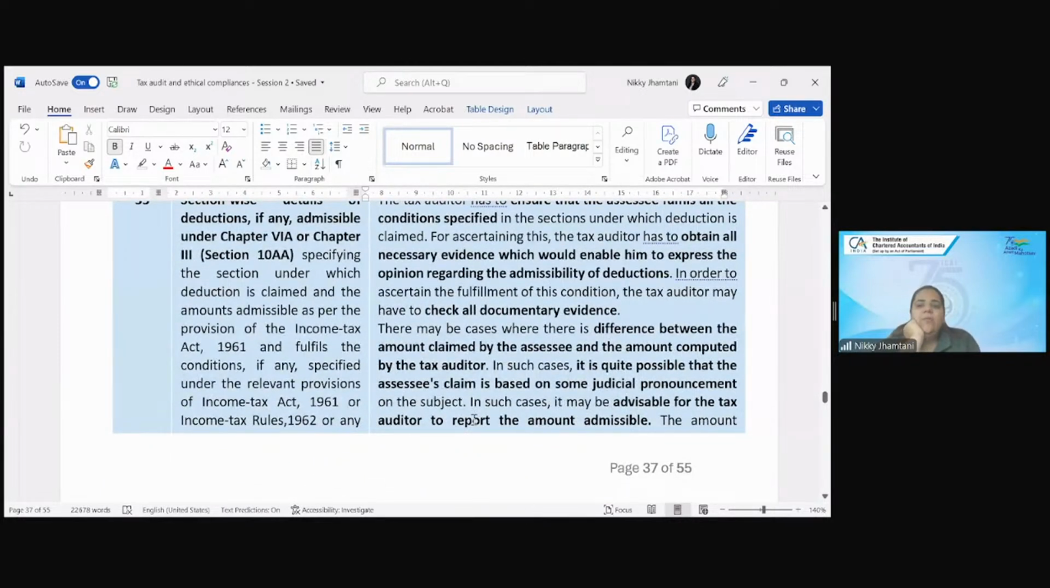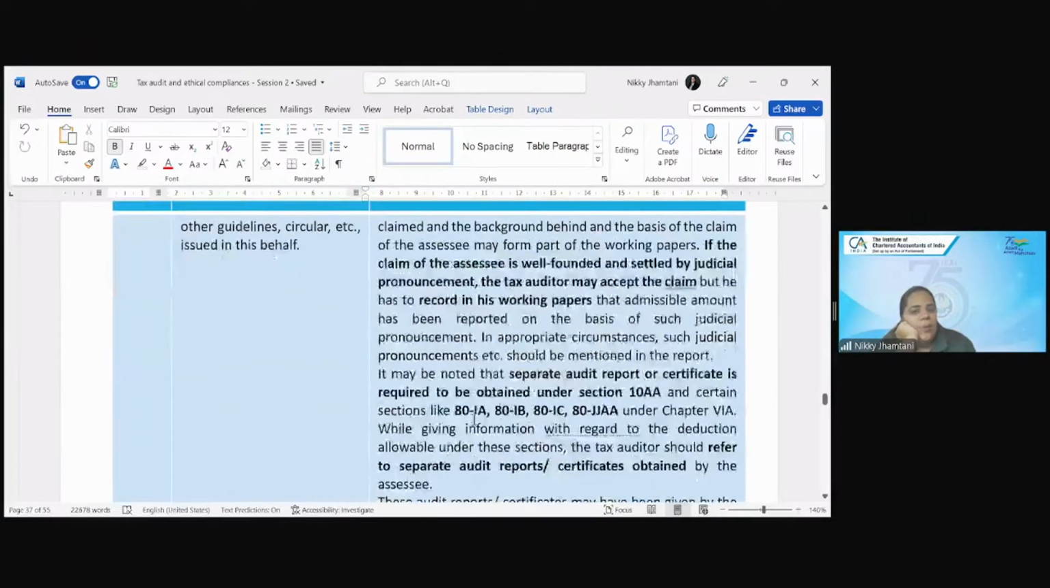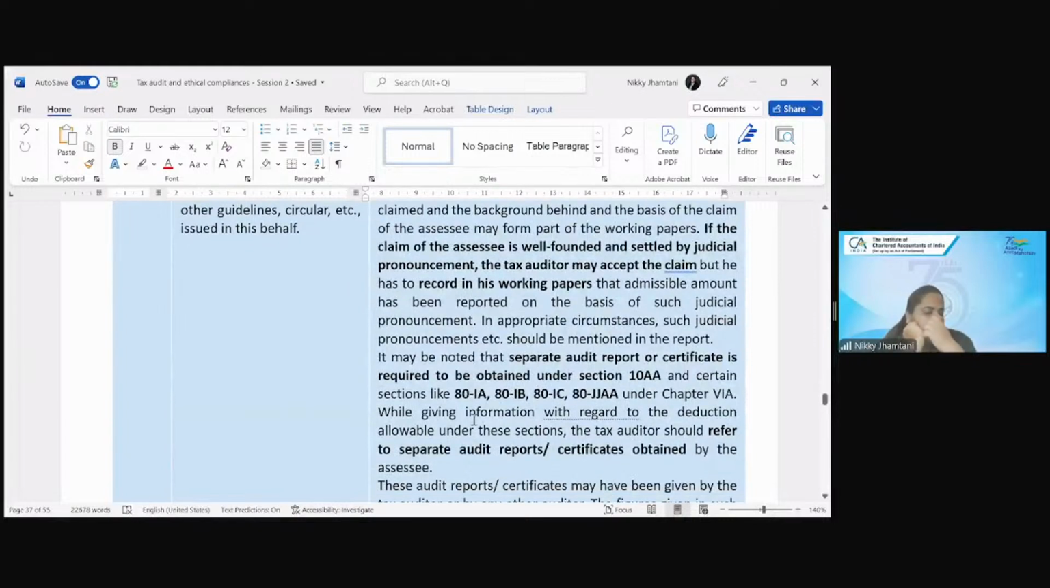There may be cases where there is a difference between the amount claimed by the assessee and the amount computed by the tax auditor. In such cases, it is quite possible that the assessee's claim is based on some judicial pronouncement on the subject. In such cases, it may be advisable for the tax auditor to report the amount admissible. The amount claimed and the background and the basis of the claim of the assessee may form part of the working papers. If the claim of the assessee is well founded and settled by the judicial pronouncement, the tax